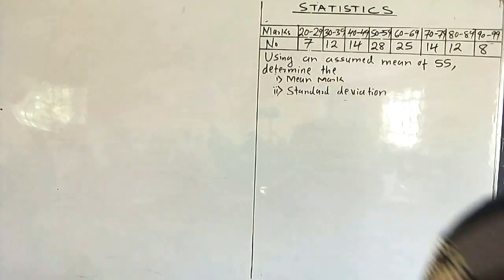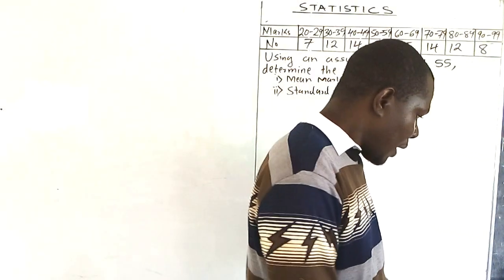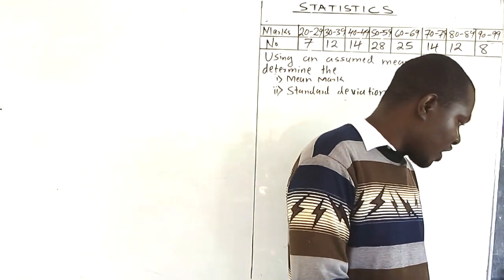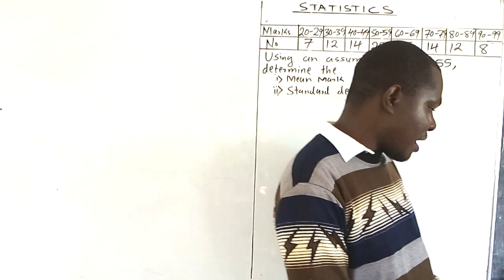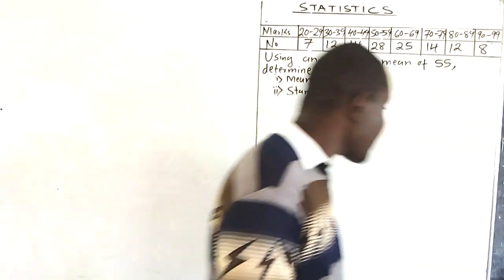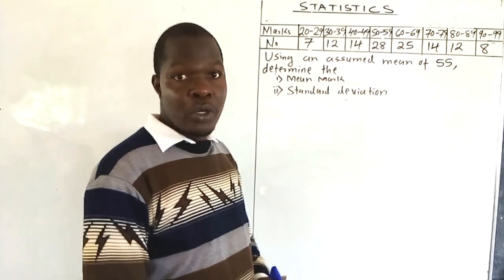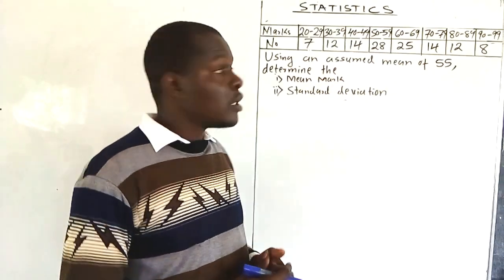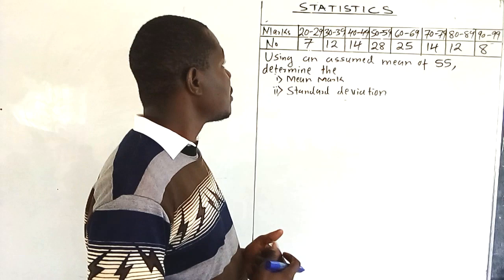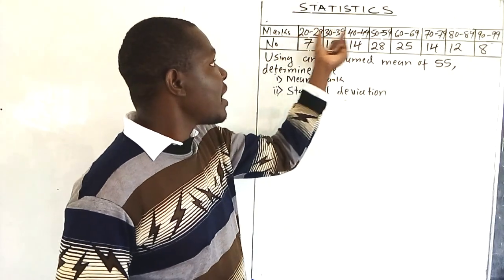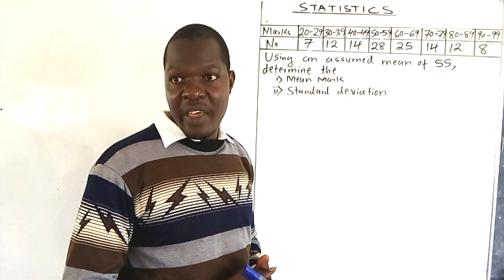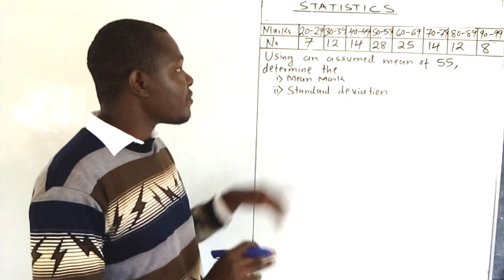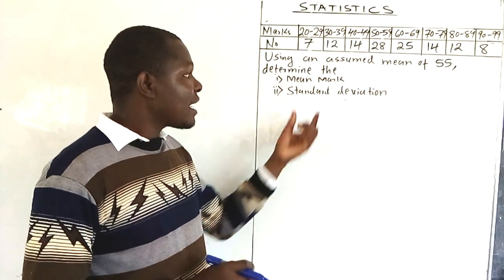Now, in this next case, you've been told 120 students pursuing a course in electrical engineering were examined and their data results summarized as shown in this table. So you've been told this table constituted 120 students, isn't it? So these were their marks given in form of classes. Are we together? Then you've been told to use an assumed mean of 55 to determine the mean and the